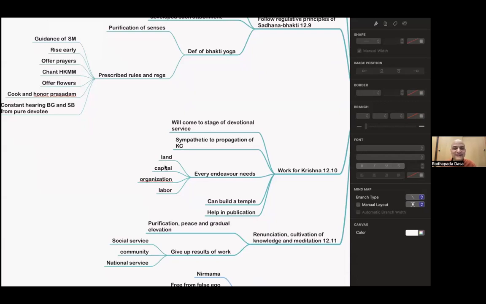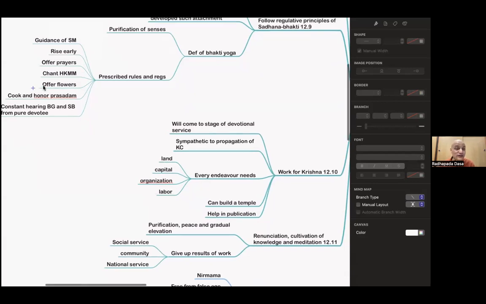You donate land. We need capital for building our temples. We need organization. We need systems. Please help us set up systems. We need labor, physical labor also. We need people who can really come down and do the groundwork. Yes. So all this is for those